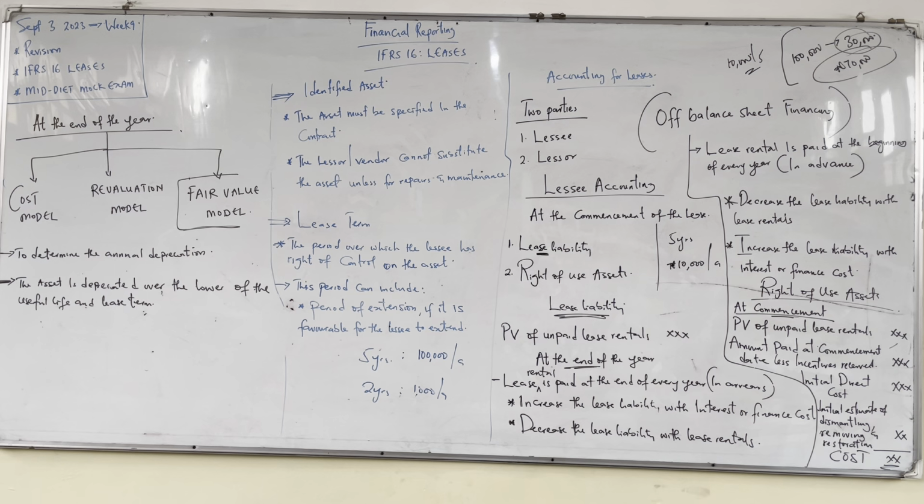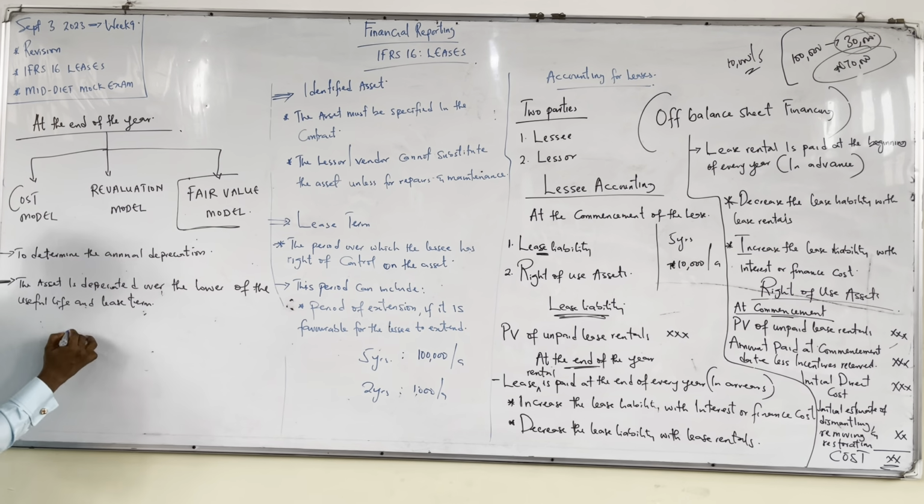Finally, before we start our test, will he have to do this in all cases? No, it won't be in all cases. There are two scenarios where he might not do this. So it's optional. Meaning that he will not have to recognize a lease liability or right of use asset. All he does at the end of the year is just to recognize the rent he's paying as an expense: credit bank, debit P&L with the lease rental. And that's what the standard calls optional exemption.